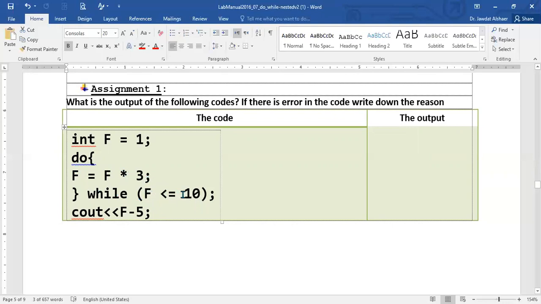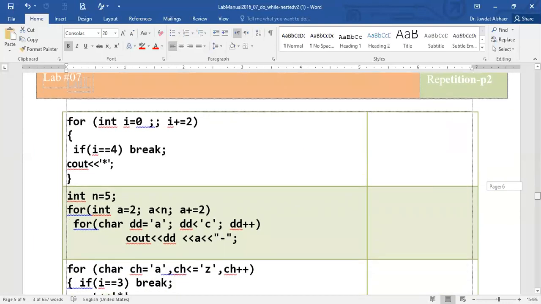So 9 less than or equal to 10, true. Then f is 9 multiplied by 3, 27. So 27 less than or equal to 10, false. So cout 27 minus 5, it will be 22. Second one,